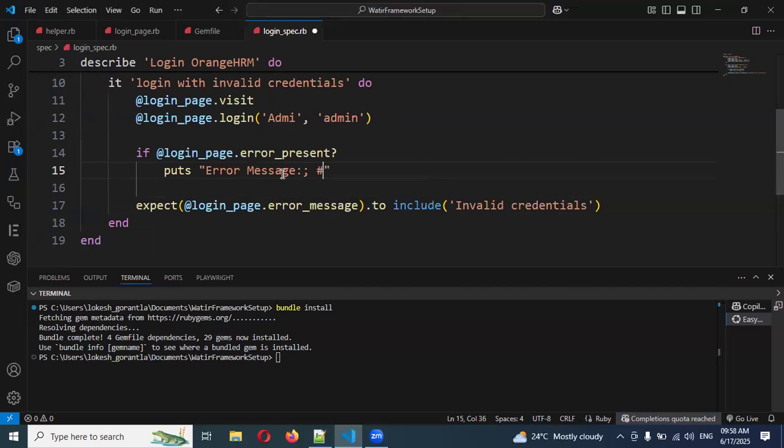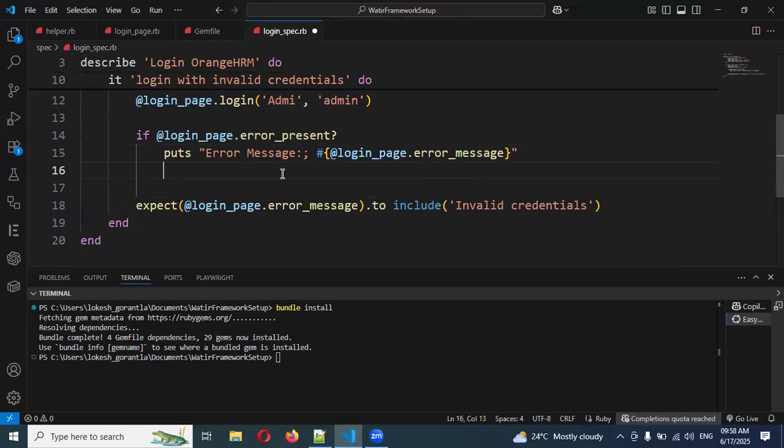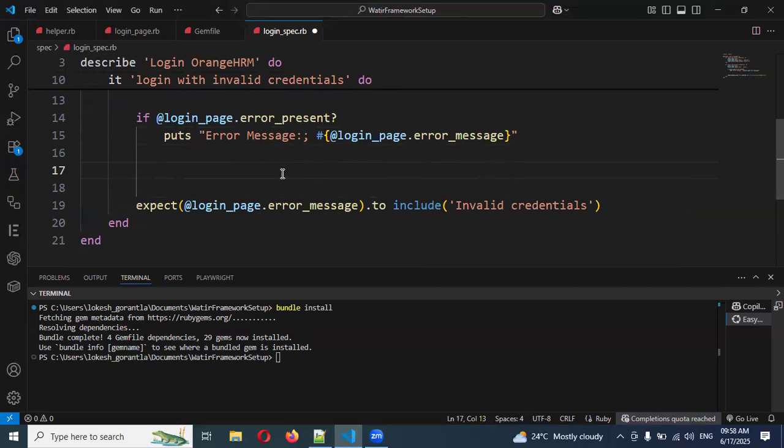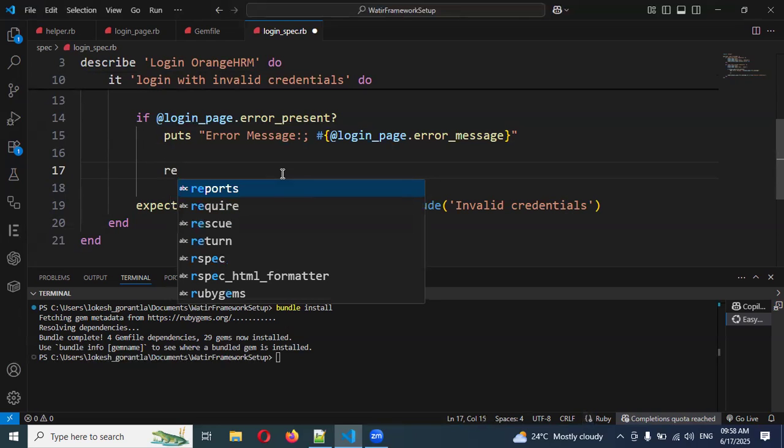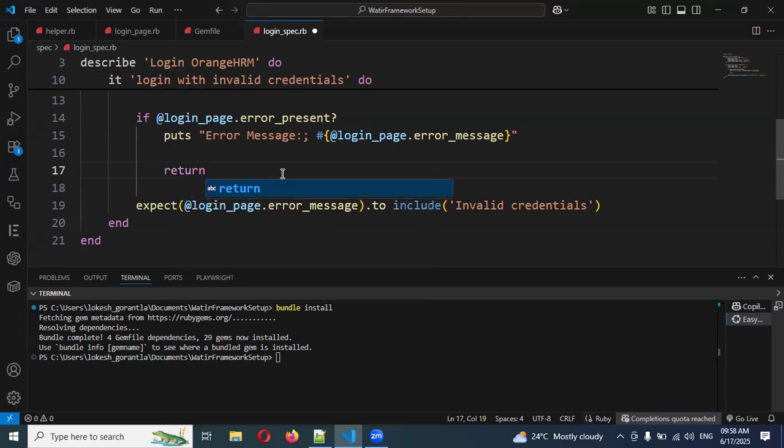We can use the percentage and here login_page.error_message. This is the message we are going to present. If it is present, then we are going to use this one for our element. First it will return something, right? We can call it as, sorry,